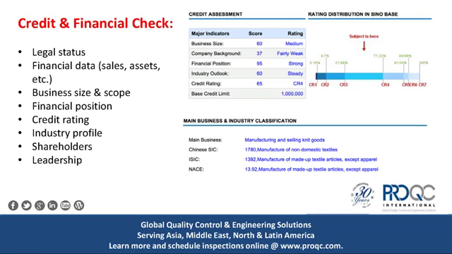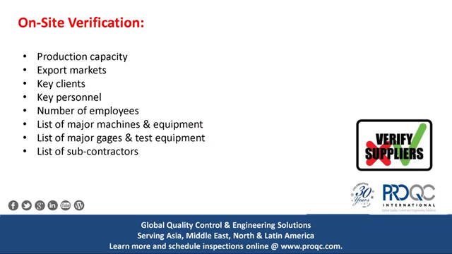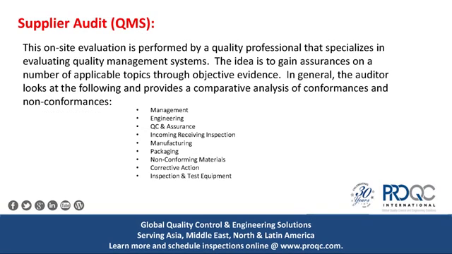Credit and financial check. Legal status, financial data, sales, assets, etc., business size and scope, financial position, credit rating, industry profile, shareholders, and leadership. On-site verification, production capacity, export markets, key clients, key personnel, number of employees, list of major machines and equipment, list of major gauges and test equipment, list of subcontractors. Supplier audit, QMS,